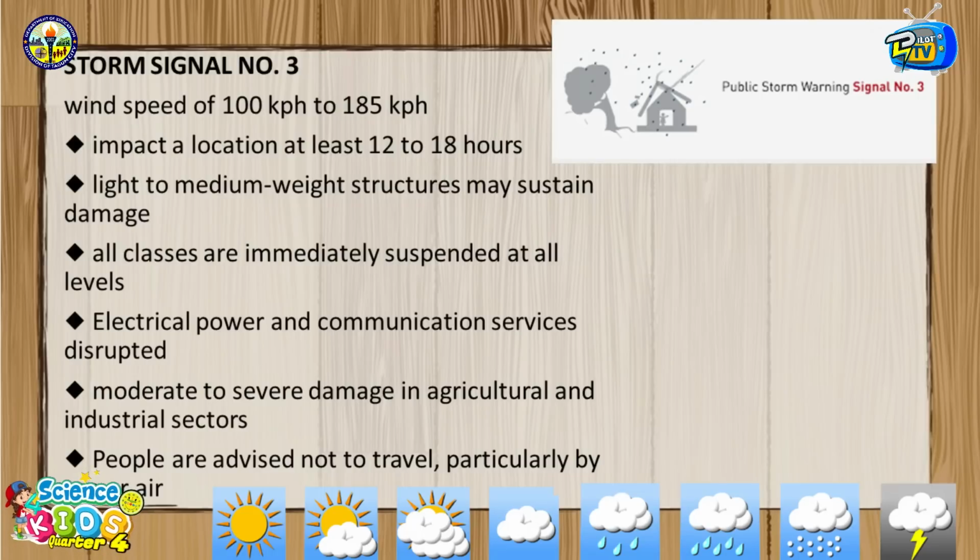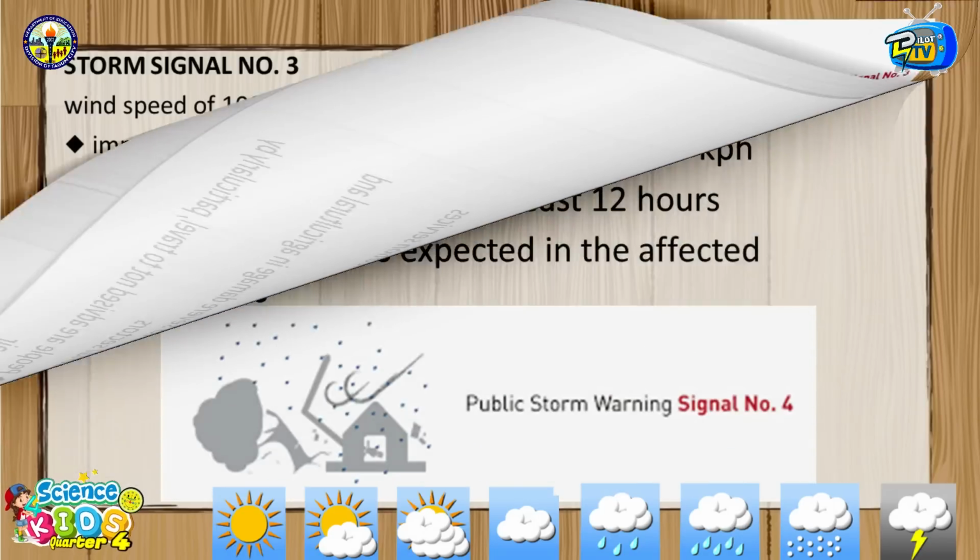All classes are immediately suspended at all levels. Electrical power and communication services are disrupted. There is moderate to severe damage in agricultural and industrial sectors. People are advised not to travel, particularly by sea or air.